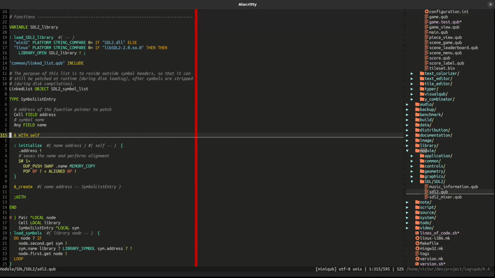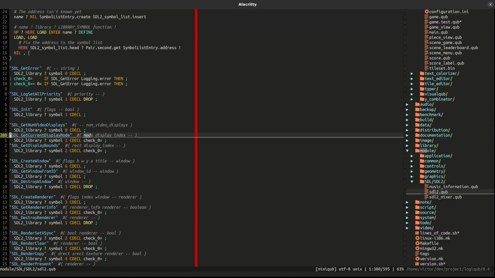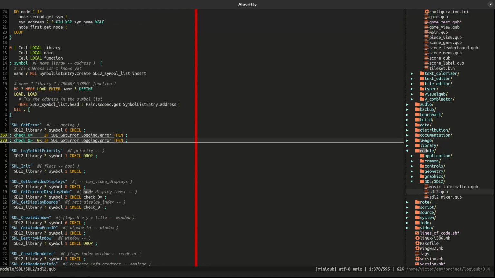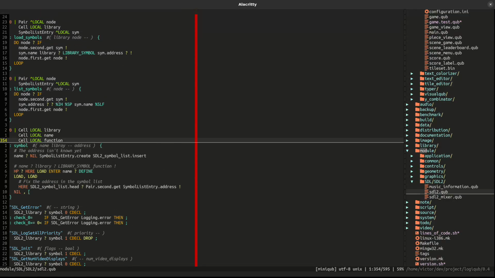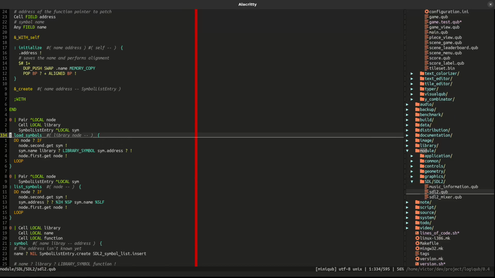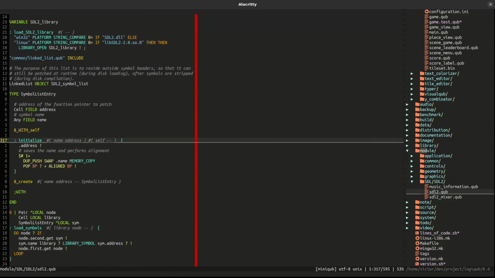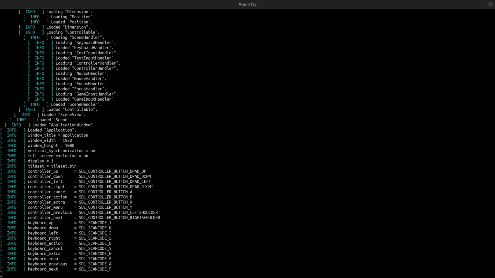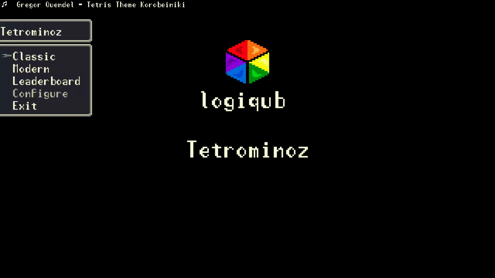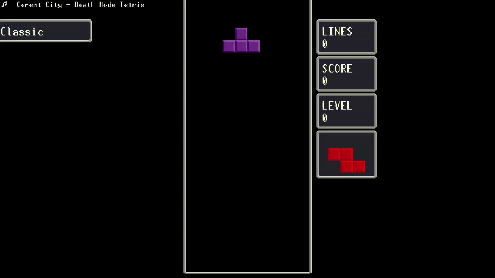Then we have the functions here, and this builds a symbol table because I can start the application like this. As you see, we take